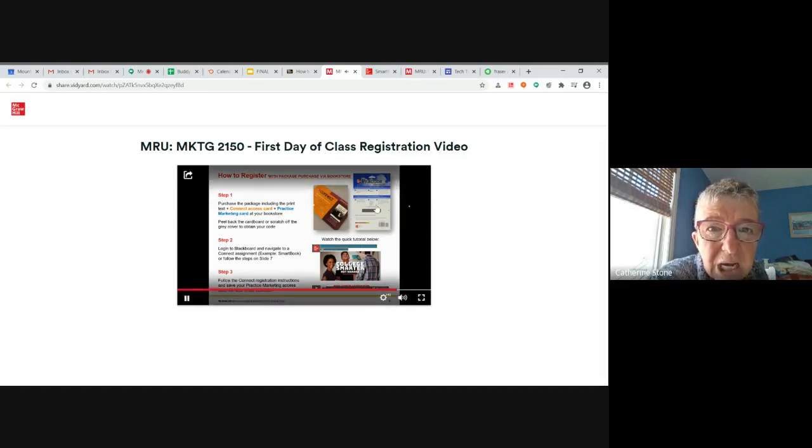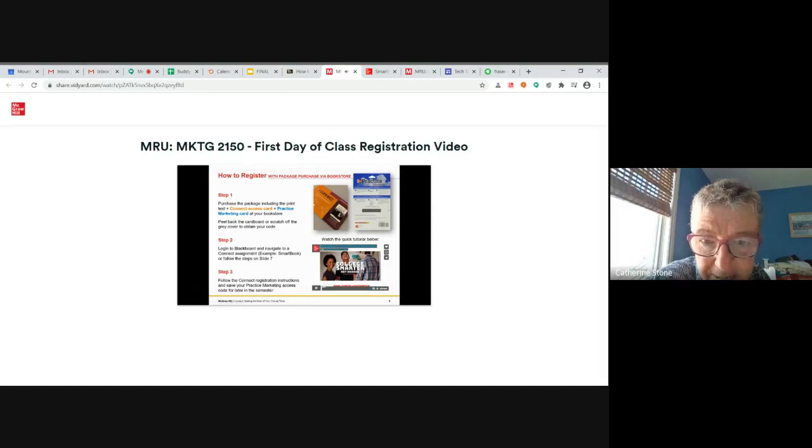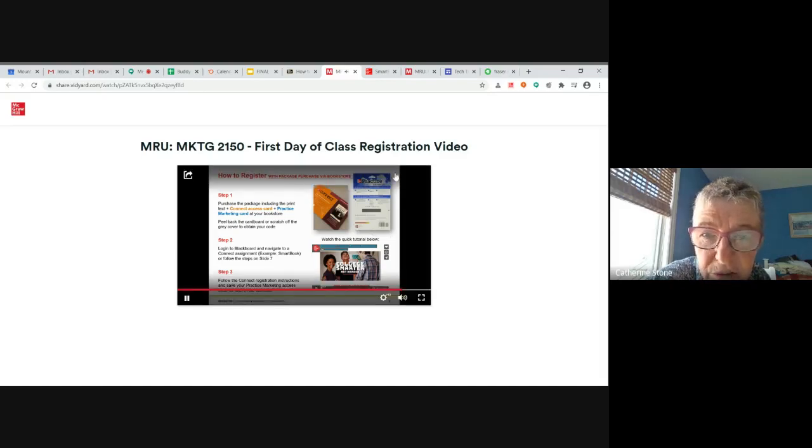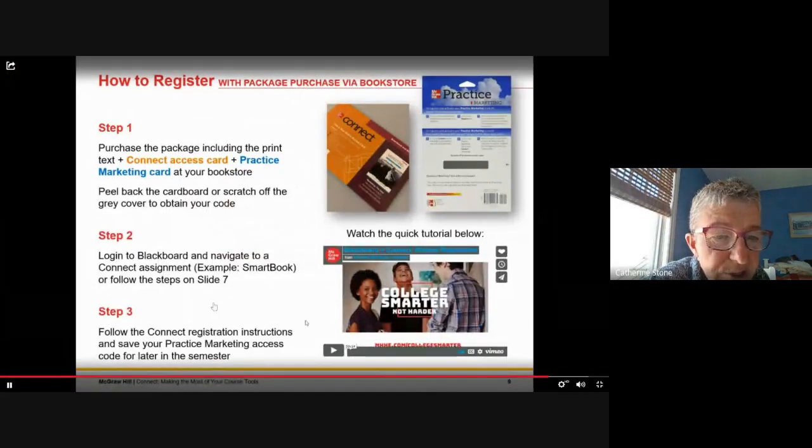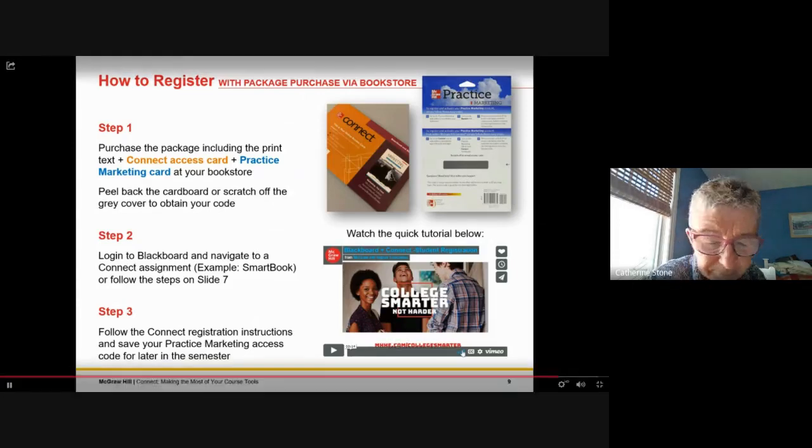If you do order a hard copy and you get this card, for heaven's sake, take a picture of the code on it. Do not lose that card or you'll have to buy it again, because you're going to need that simulation code. So that's what they look like if you purchase. Otherwise, you will get codes sent to you in an email format. Okay?